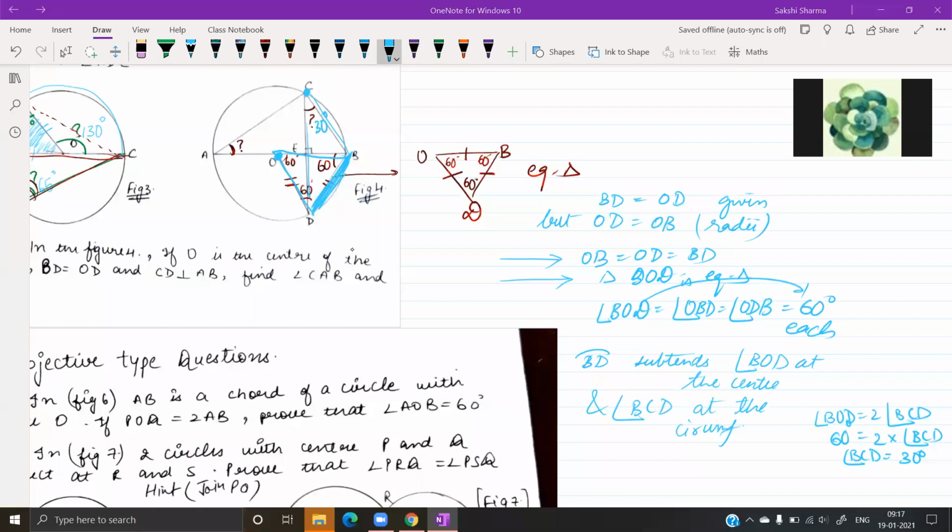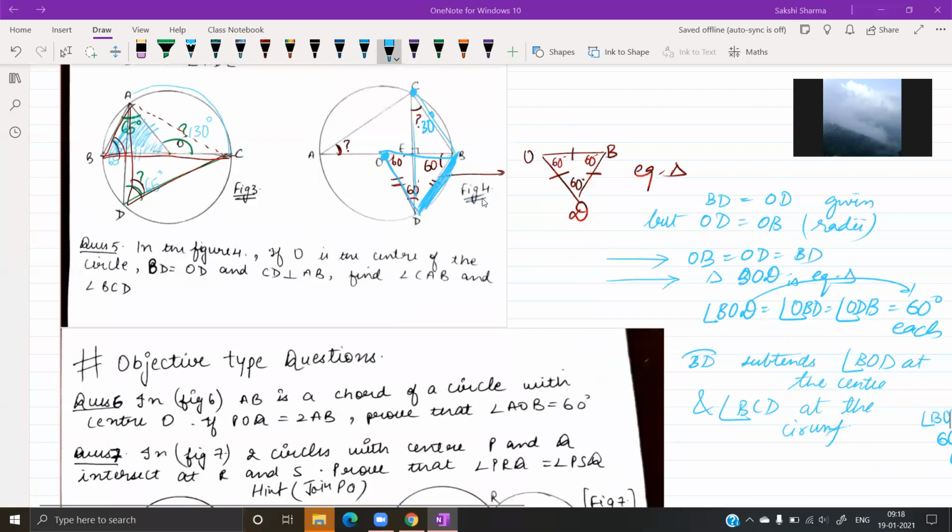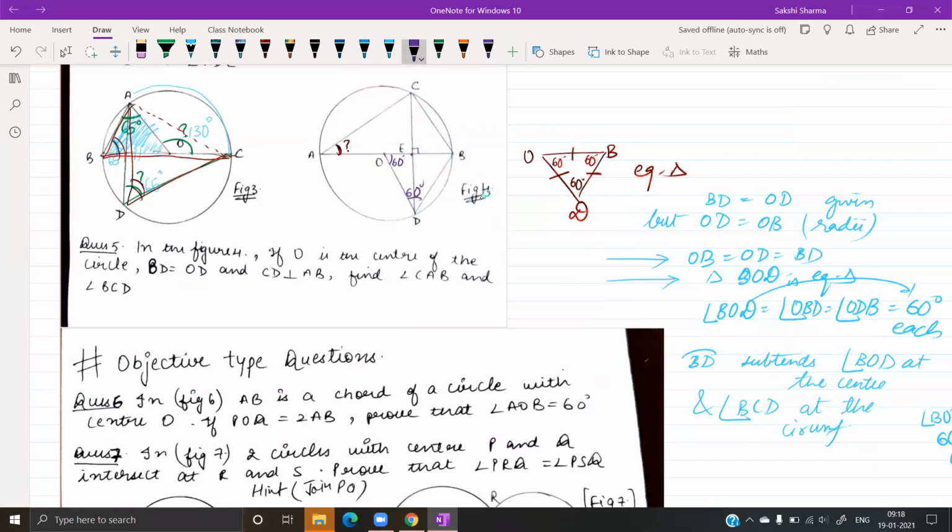All right. Now we want to find out angle BAC. For that, you could either start by taking this triangle. Let me just clear this out. Now we want to find out this angle. We have the measures of these. These are 60, 60, and 60 degrees.